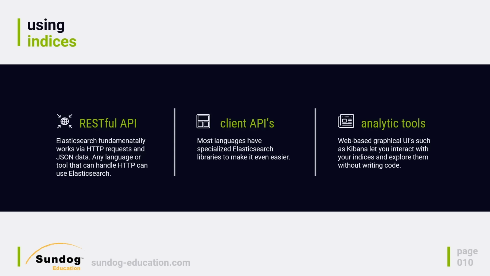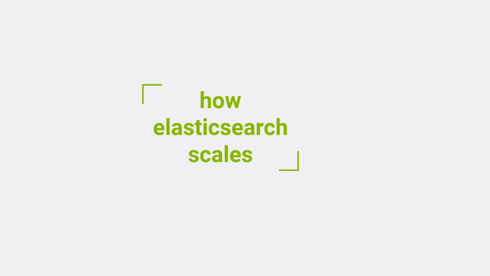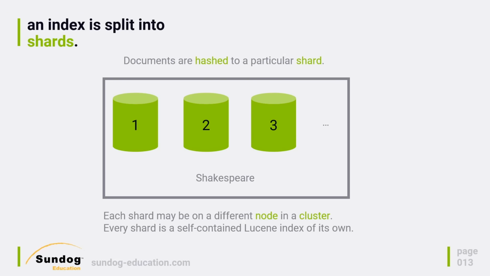With that under our belt, we can talk more about how it works under the hood and how its architecture works. Let's talk about Elasticsearch's architecture and how it actually scales itself out to run on an entire cluster of computers that you can scale up as needed. So the main trick is that an index in Elasticsearch is split into what we call shards, and every shard is basically a self-contained instance of Lucene in and of itself. So the idea is that if you have a cluster of computers, you can spread these shards out across multiple different machines. And as you need more capacity, you can just throw more machines into your cluster and add more shards to that entire index so that it can spread that load out more efficiently.